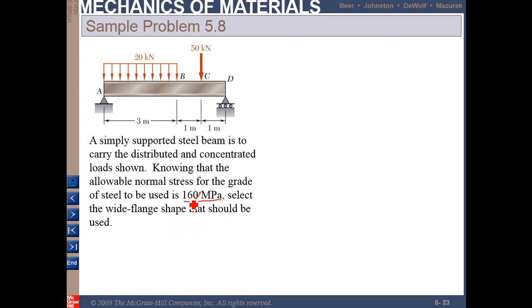So you want to develop the shear diagram and determine the maximum bending moment so that it will not exceed the allowable stress, which is 160 MPa. To solve this problem, first, because the beam is like this,